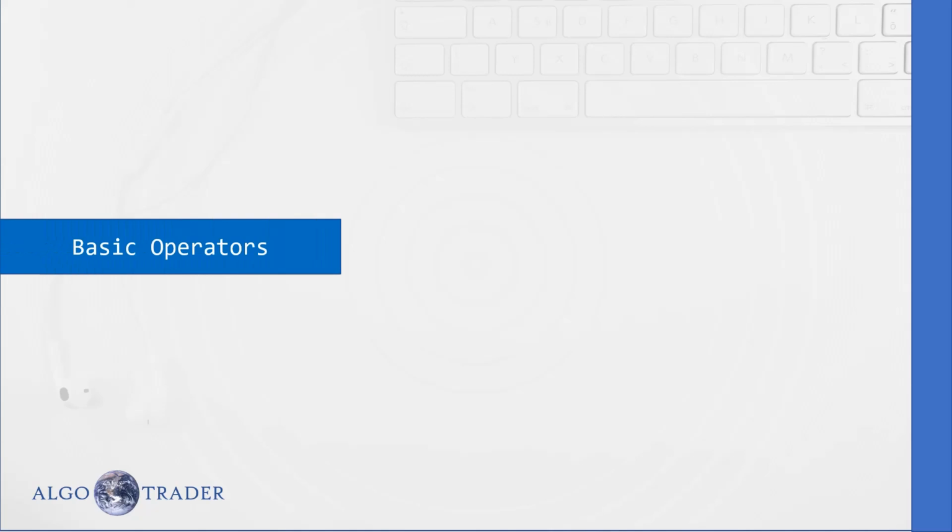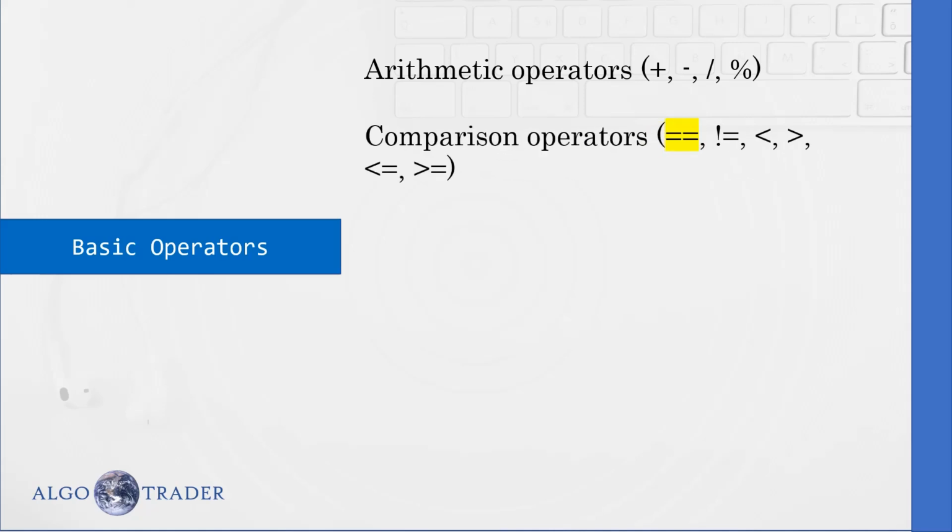I hope you understood. Now let's jump into the next topic: operators. What are the operators we use in programming languages? There are different types. Arithmetic operators such as plus, minus, divide, modulo. Then comparison operators. When you want to compare two variables, x equal to y or x not equal to y, less than, greater than, such operators we call comparison operators. Then assignment operators, the basic one you know, equal, and there are some other operators, plus equal, minus equal. We'll see what those are.